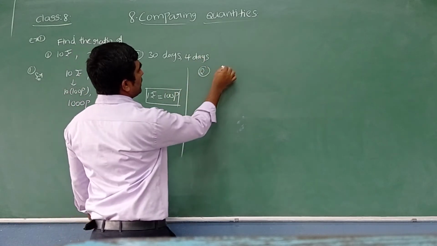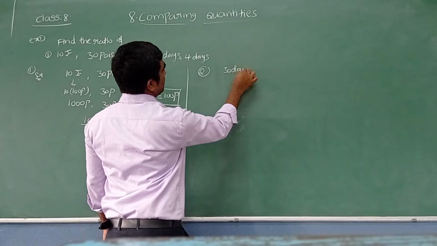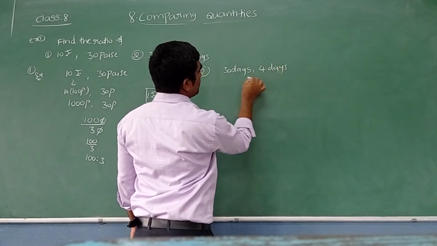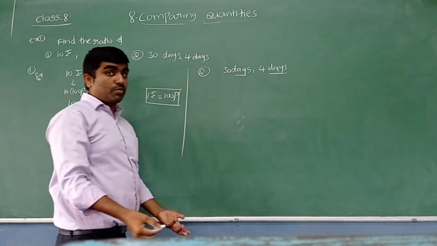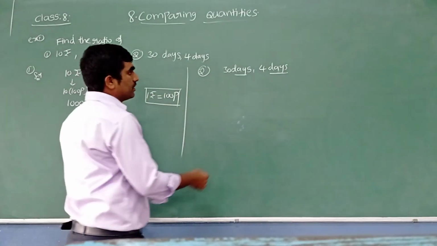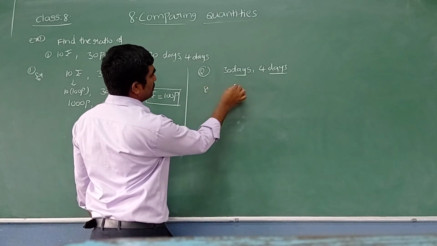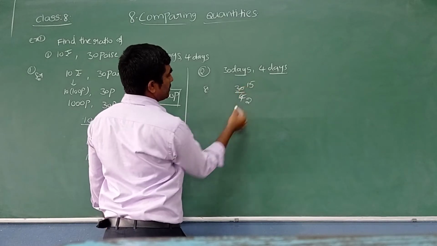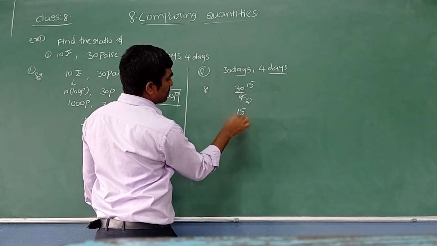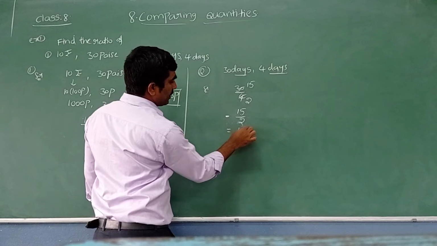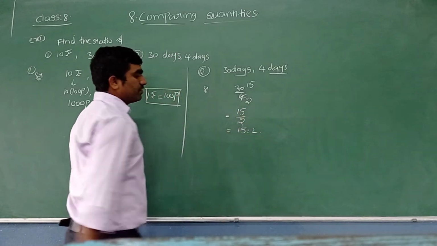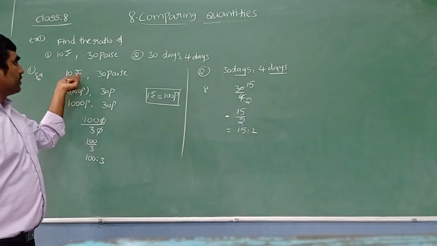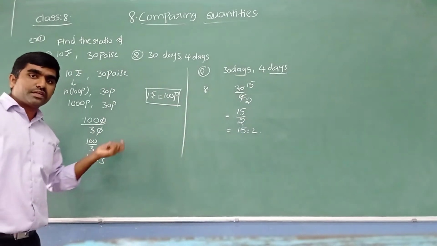Similarly, let us go for the second one. They are asking the comparison of 30 days to 4 days. If you see here, both are the same units, days and days. Once both are the same units, we can compare them by the division method directly to find the ratio. Let me write 30 by 4. 2 twos are 4, 2 fifteens are 30, so 15 by 2. It is in simplest form, lowest form. So we can write 15 is to 2. That is the way we can find ratios. If both are the same units, directly find the ratio. If different units, make them the same units, then find the ratio.